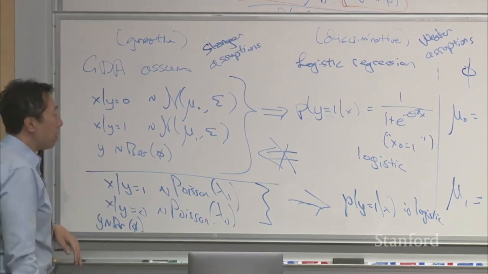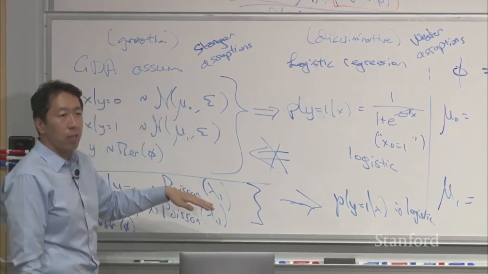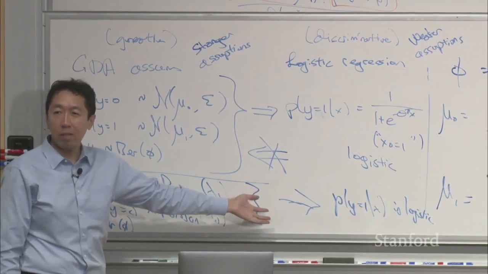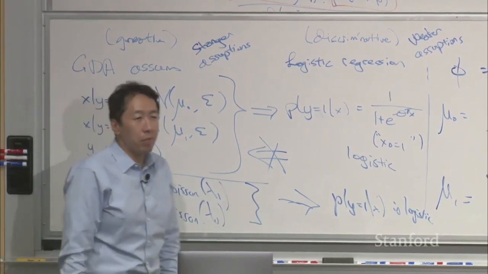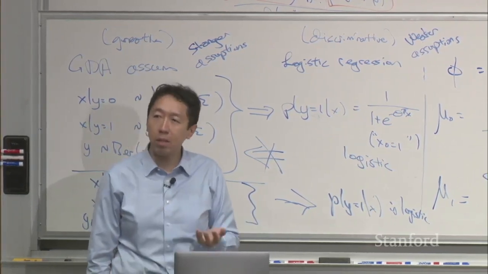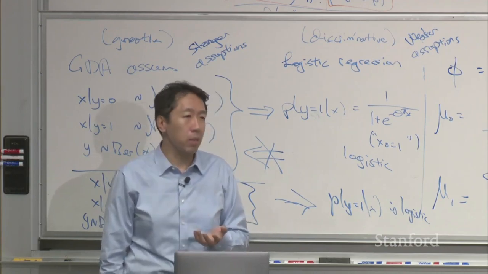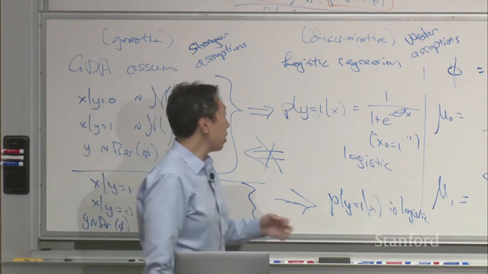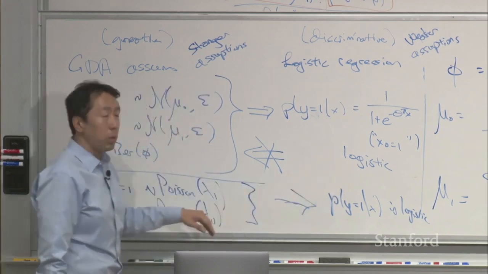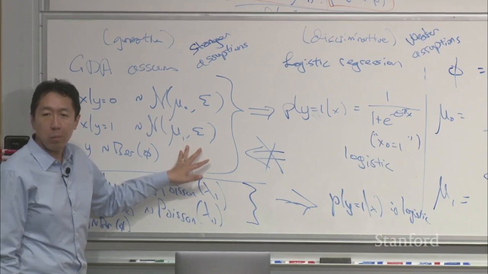And so what this means is that if you don't know if your data is Gaussian or Poisson, if you're using logistic regression, you don't need to worry about it. It'll work fine either way, right? So maybe you're fitting a binary classification model to some data, and you don't know, is the data Gaussian, is it Poisson, is it some other exponential family model? Maybe you just don't know. But if you're fitting logistic regression, it'll do fine under all of those scenarios, right? But if your data was actually Poisson, but you assumed it was Gaussian, then your model might do quite poorly,